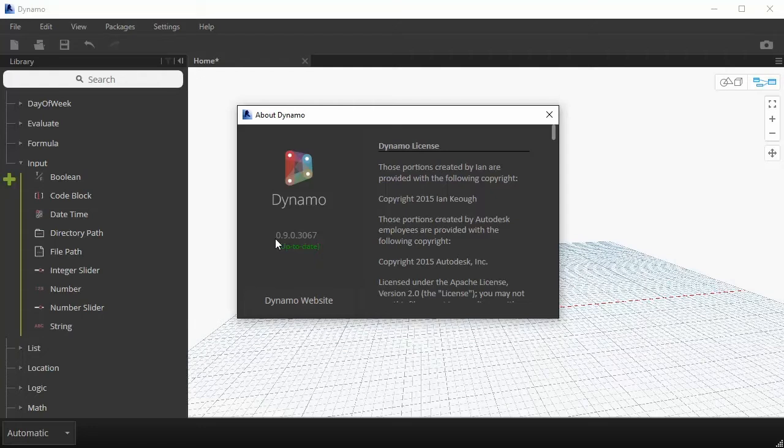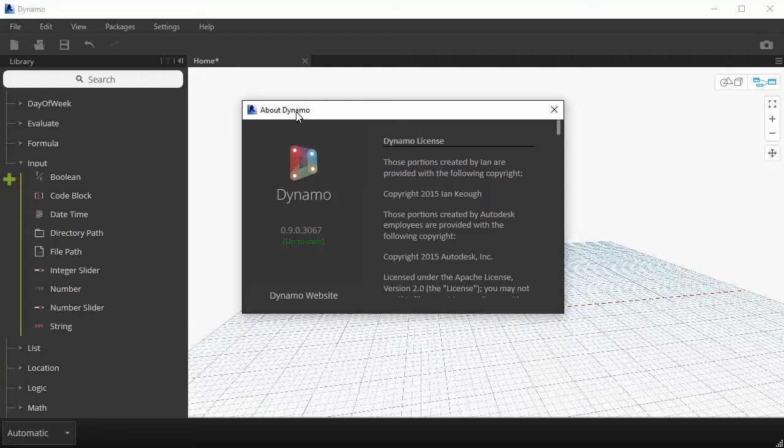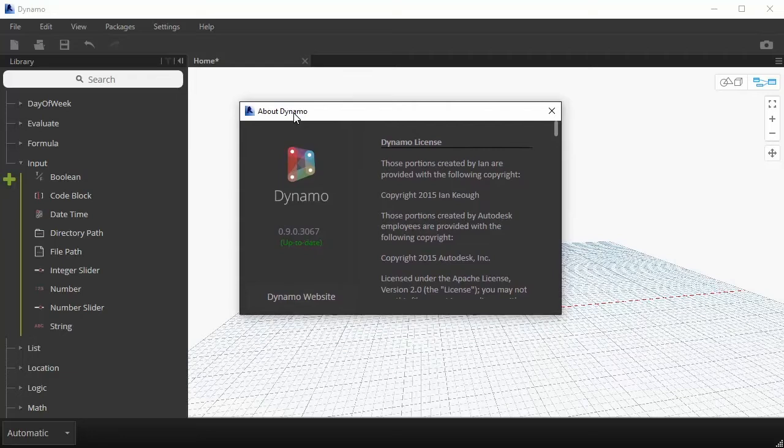So I mentioned in the intro the forum for Dynamo, where you would go to post any questions that you might have about Dynamo. It's actually pretty critical that you give people enough information about the version of Dynamo that you're working with, and it's this number here, to be able for them to understand better how to help you. Just because those Dynamo versions change so much and so often, that's why it's pretty critical to understand which version of Dynamo you're working with, and whenever you're asking questions, just make sure to mention that.